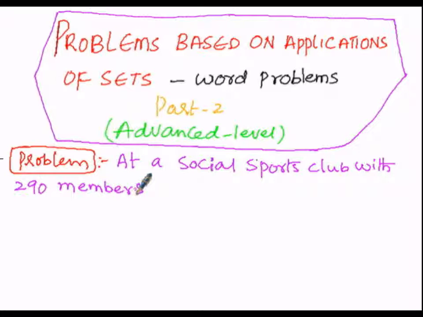So we can assume this as the universal set. There are 290 members in this social sports club. So out of those, in that particular club, it was found